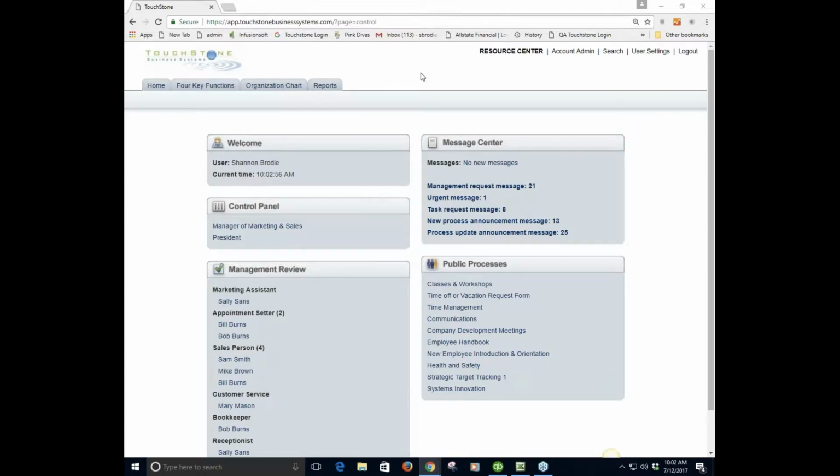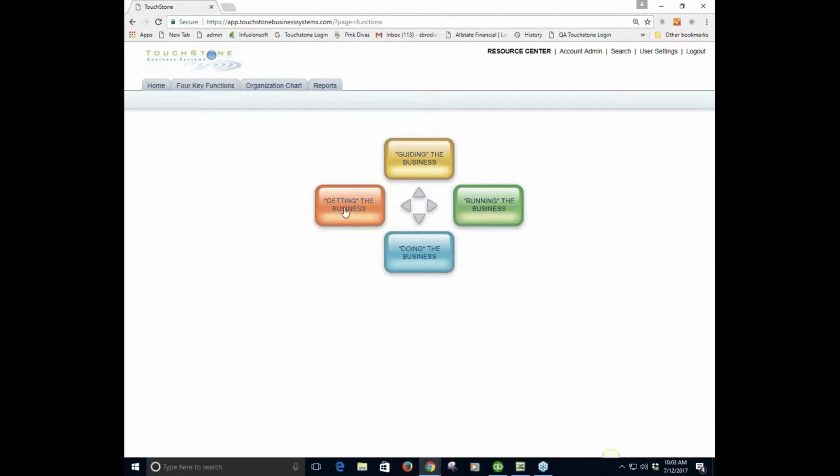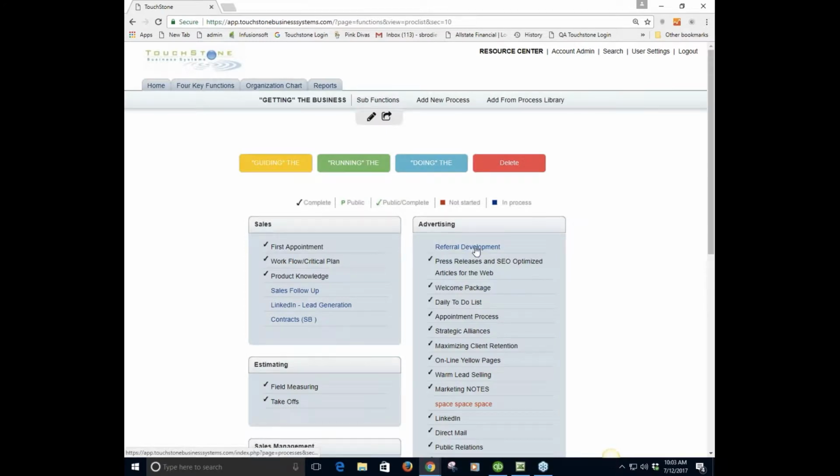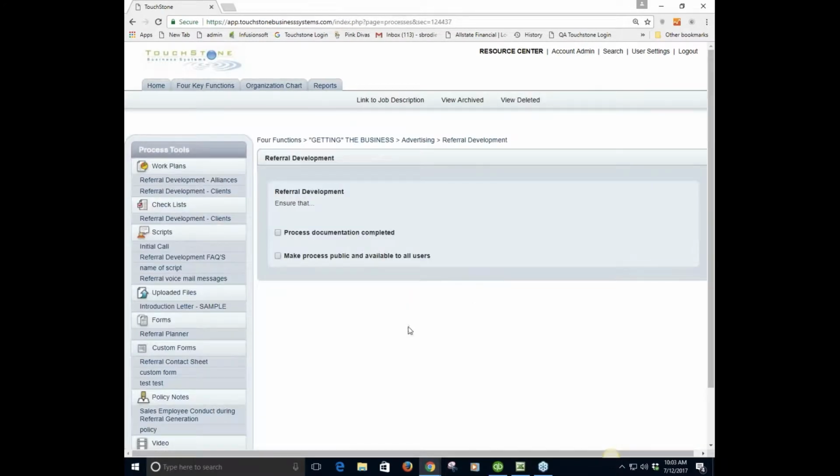Today we are going to start a two-part conversation on documenting processes using the process tools. Just as a quick reminder, the place where you go to document a process is called the process tools page. You can get there by going through the 4 functions and then selecting one of your processes. When you select it, it takes you to this view, which is where you document the process. You can also get to this screen